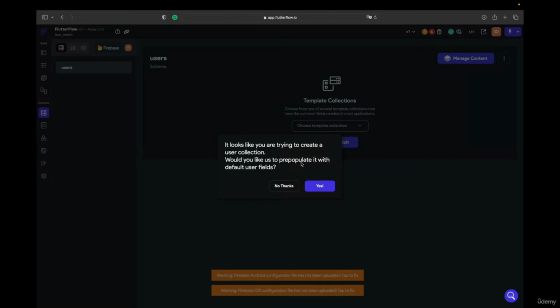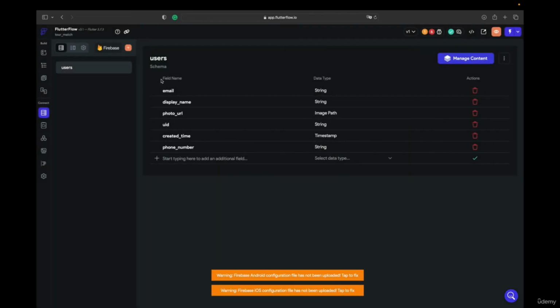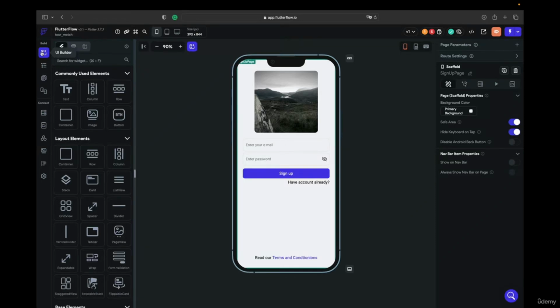pre-populated with default user fields. So we click on yes and we have like default fields. All the fields that are here, they're mandatory. You cannot like delete a phone number, right? So we go to UI builder